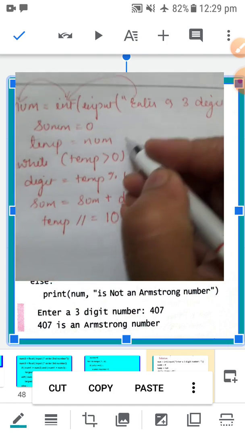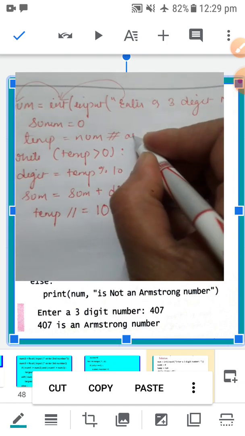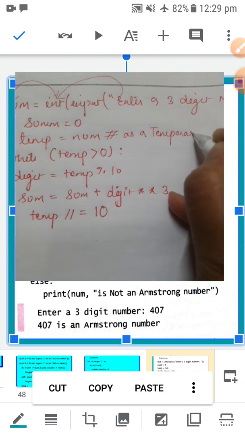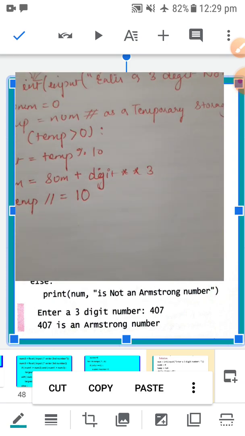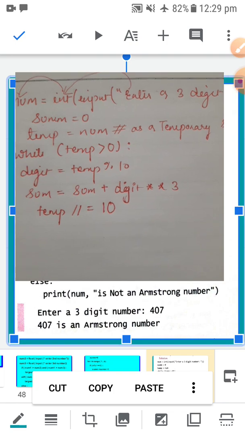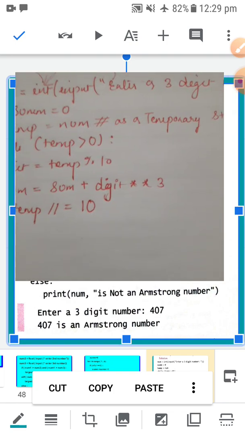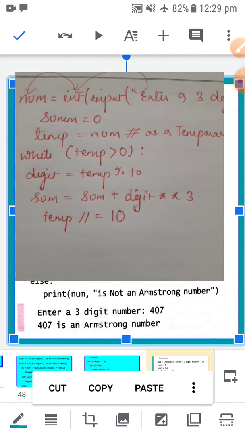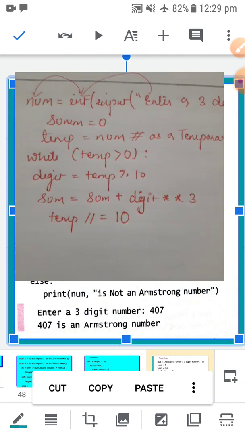Now why are we making the temp variable? As a temporary storage. It is like if we have one cloth and we want to make a hanky from that cloth, before we experiment on the original cloth, we use paper.